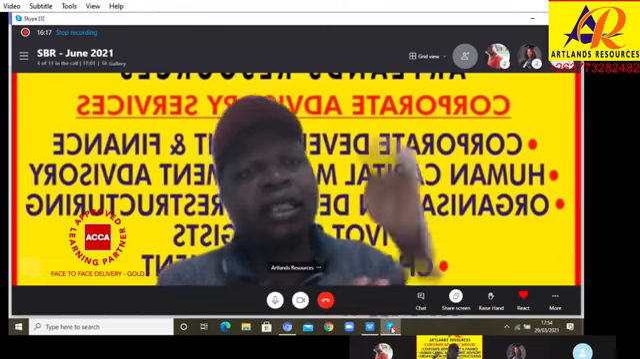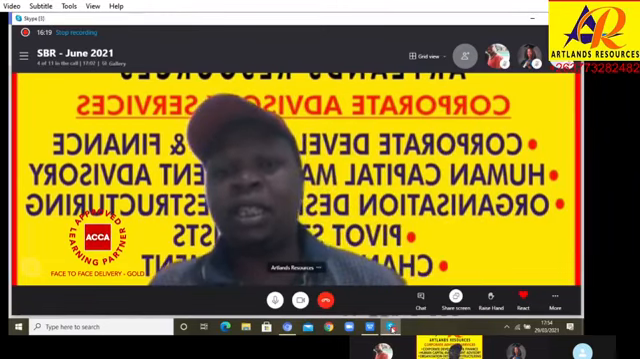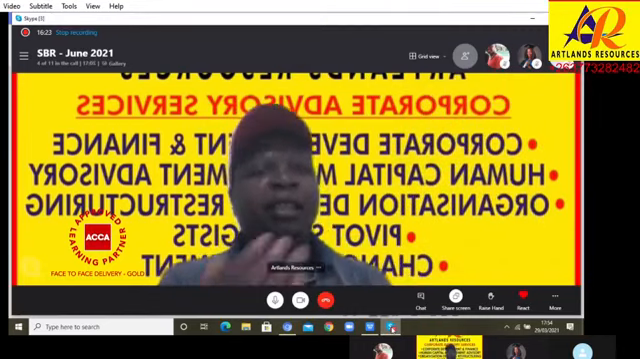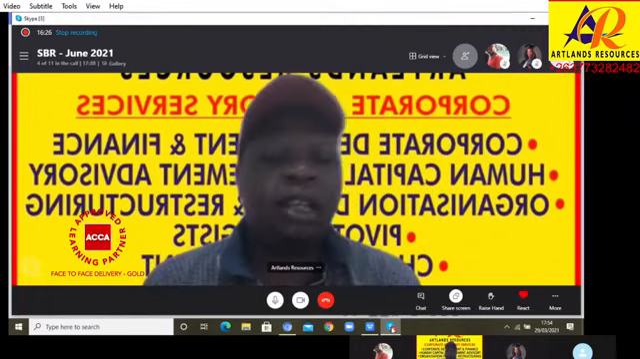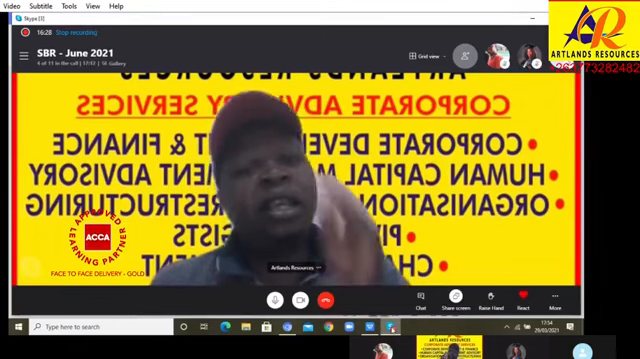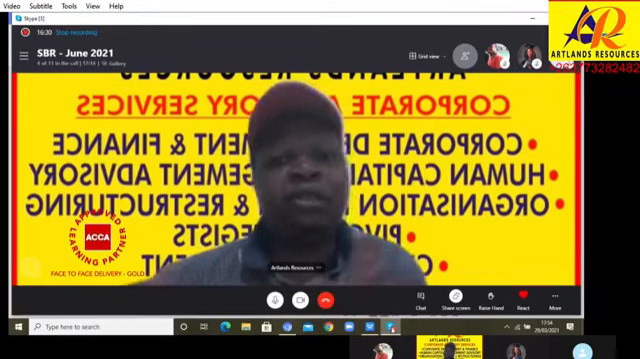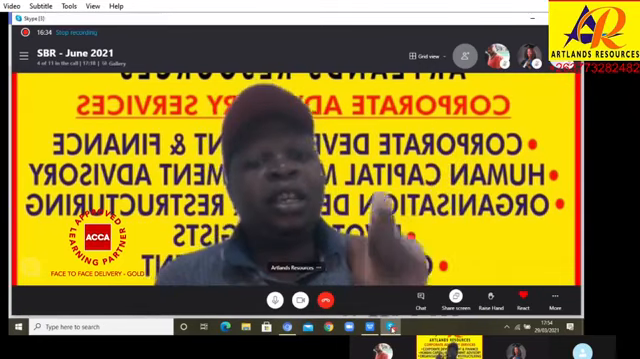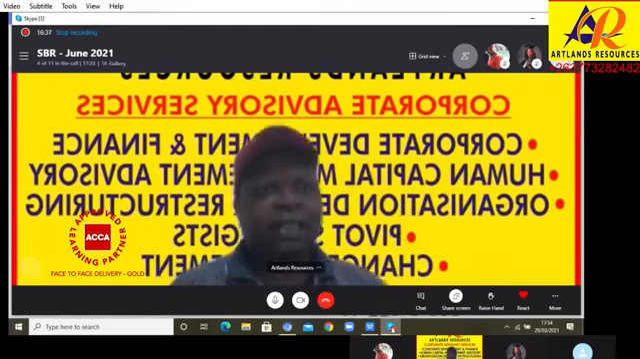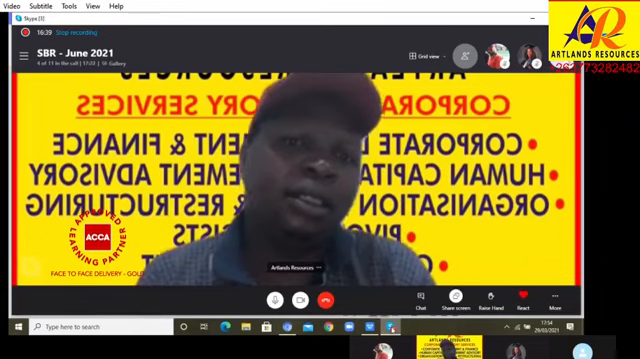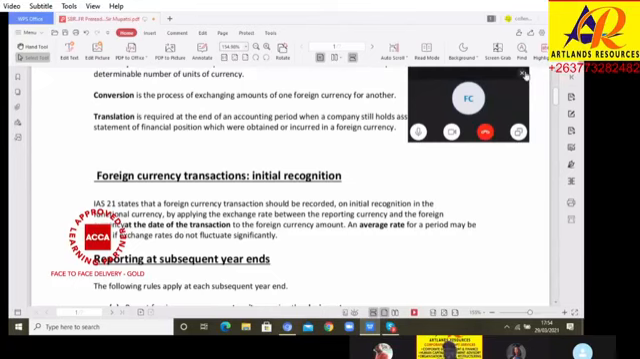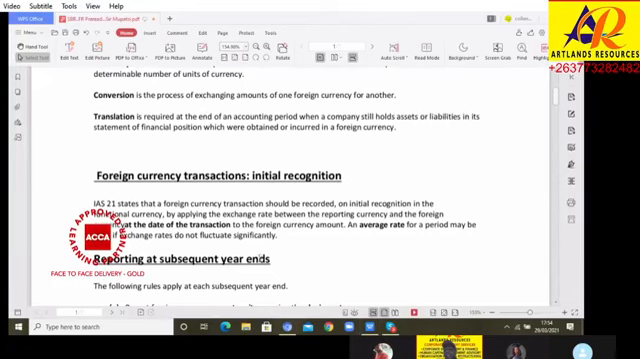So if the liability has increased, it's an exchange loss. But if the liability has decreased, it's an exchange gain. Suppose these were trade receivables. If they increased because you have used a different exchange rate, it's an exchange gain. If the trade receivables have decreased, it's an exchange loss. You get that? So that's what I'm saying here when I'm saying subsequent measurements, meaning at each and every reporting